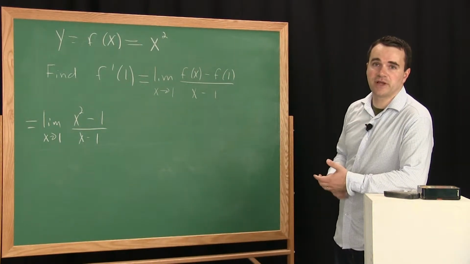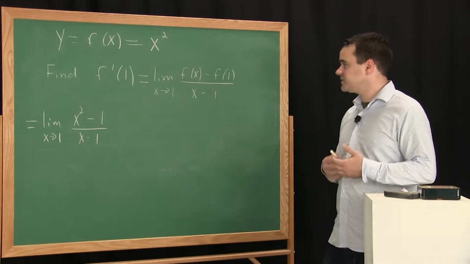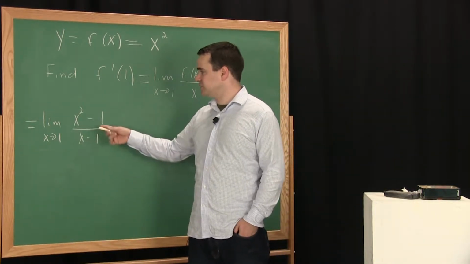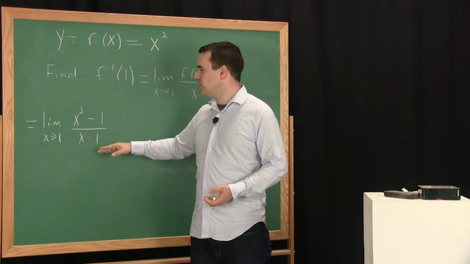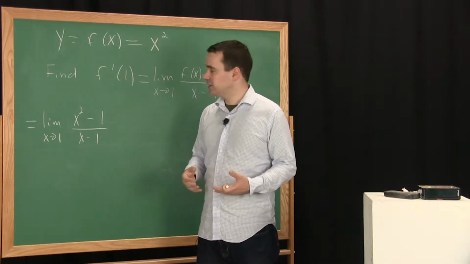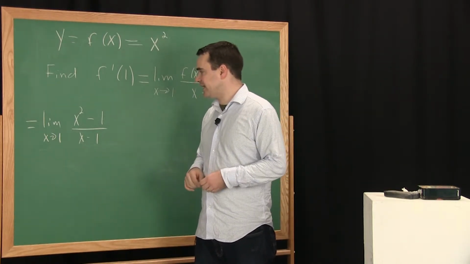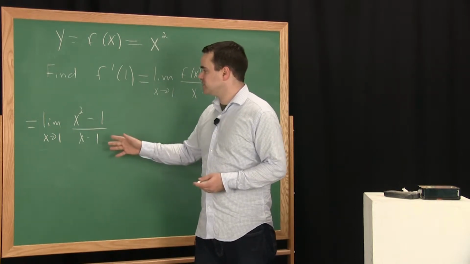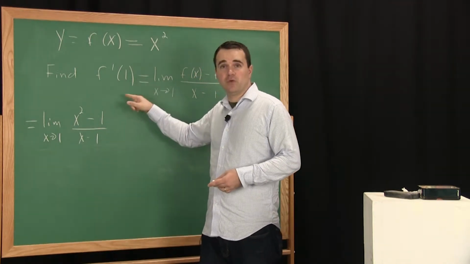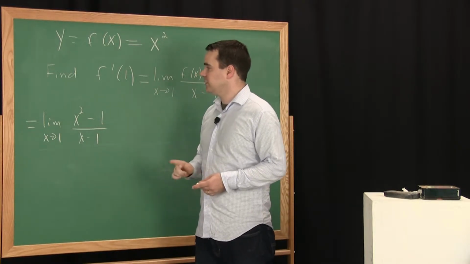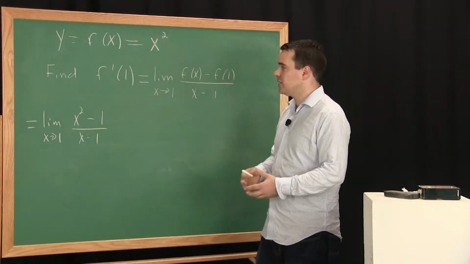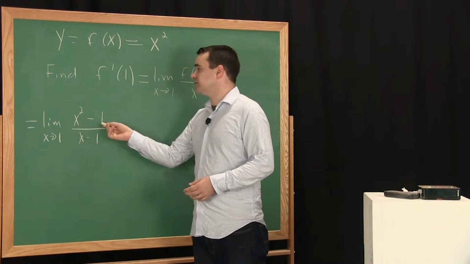Here's where our practice from calculating limits earlier on becomes useful. Notice that we can't simply plug in x equals 1. That won't work. We'd end up with 0 over 0, which is something called an indeterminate form. That means we can't determine the form of the limit just from plugging that in. So you have to remember what this graph really is. It's going to look like a line with a hole in it. When you're calculating the limit, you're finding the y value that you would use to plug in the hole. From an algebra perspective, the way you can get around this is to factor this expression,